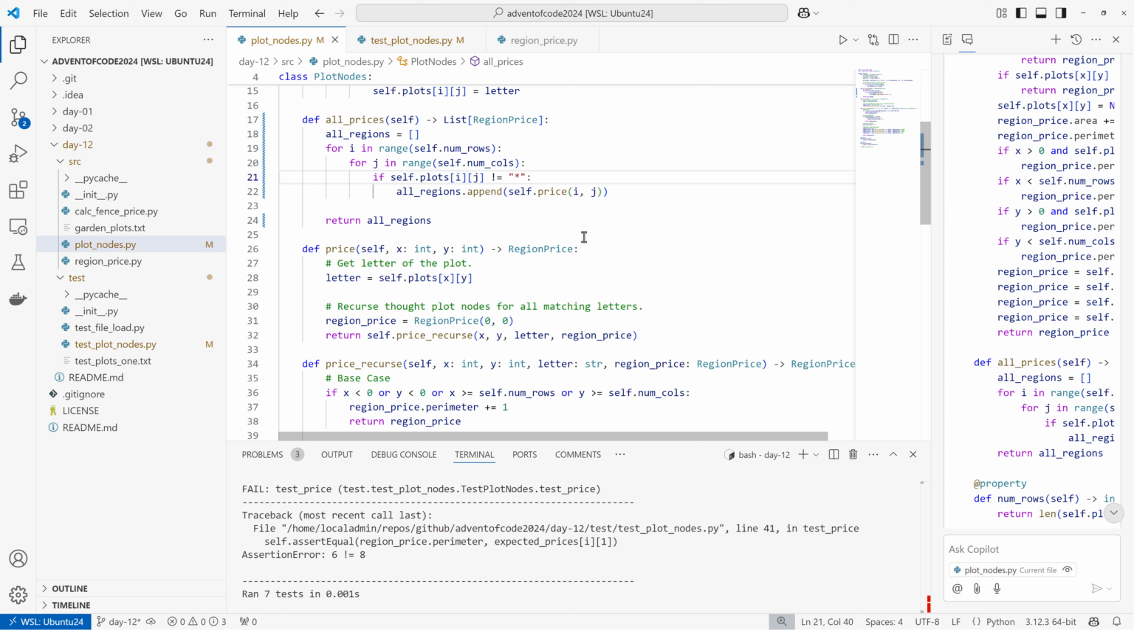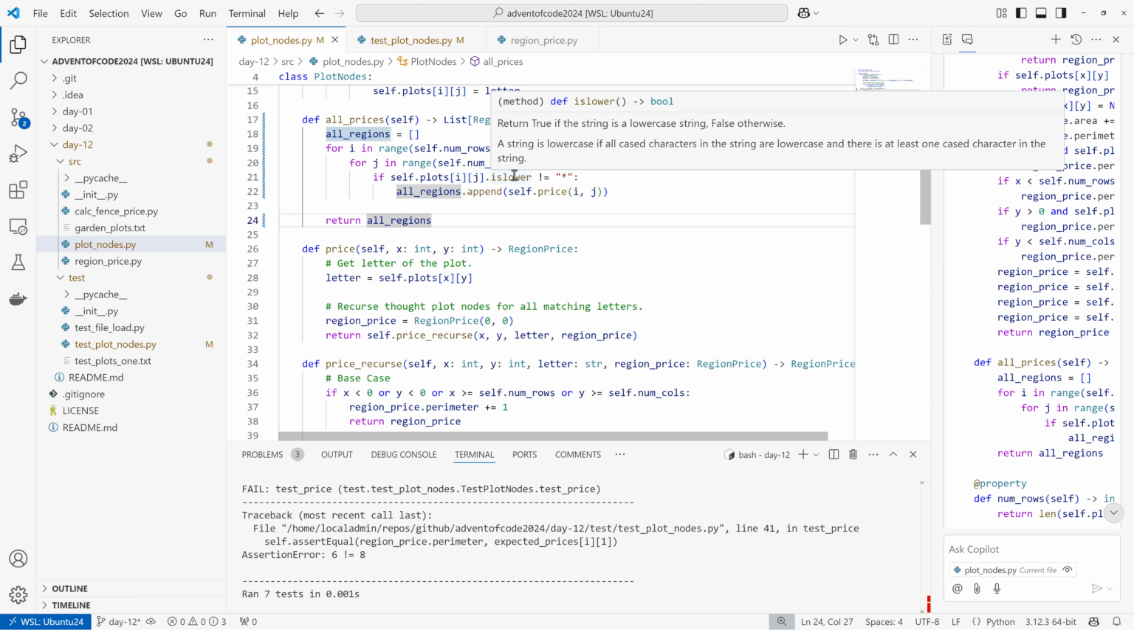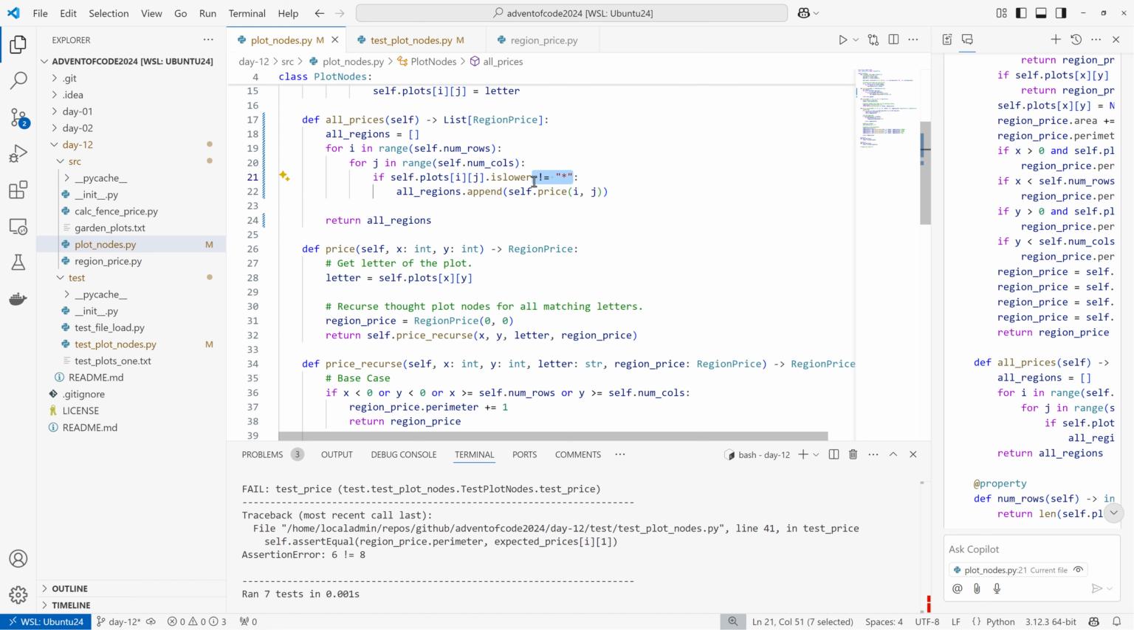Okay, does that check? What does that check? If all cased characters are uppercase and there is at least one cased character. A string is lowercase if all... Okay. So basically, if it is upper